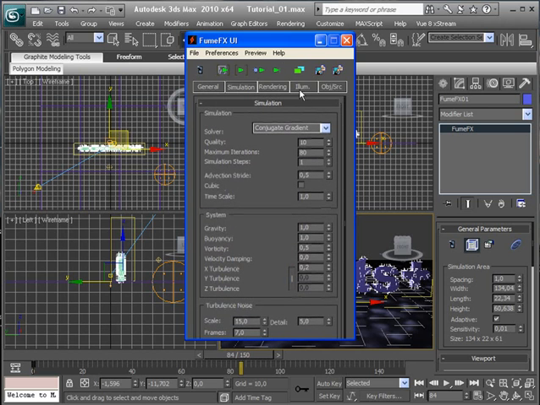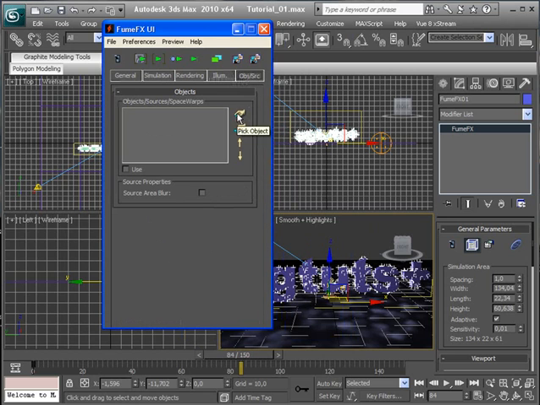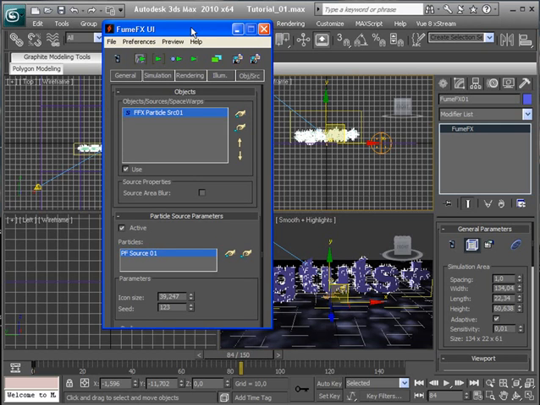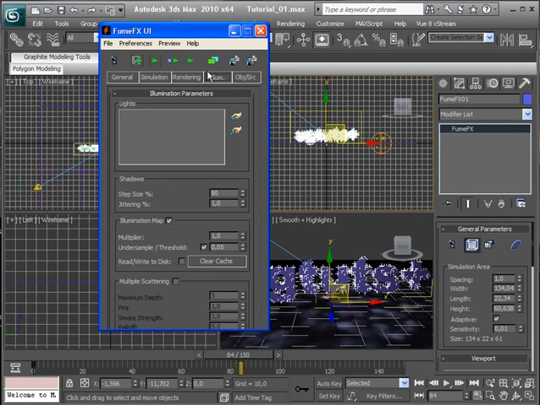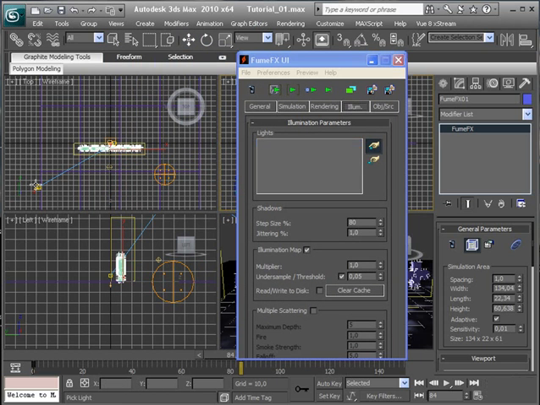And let's go to the object source tab and pick up our source, and then under the illumination tab I'm gonna pick up our lights